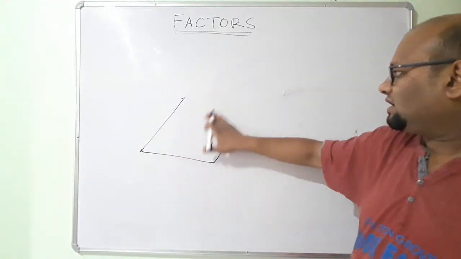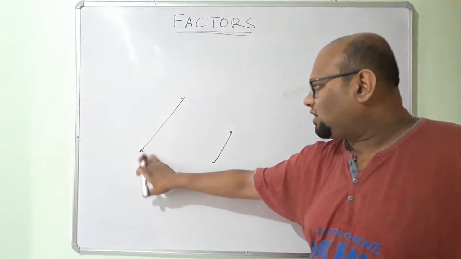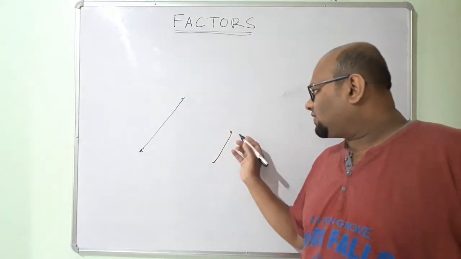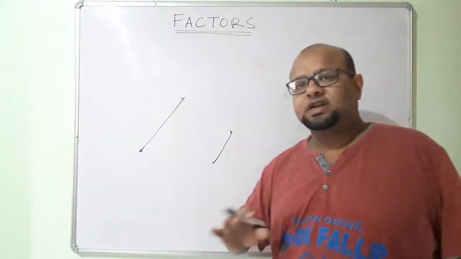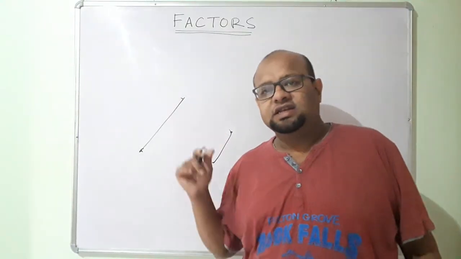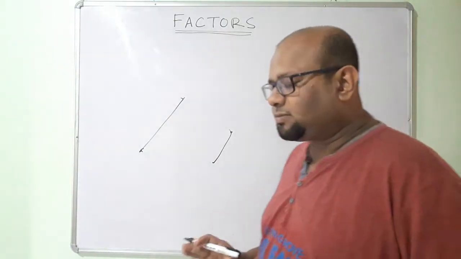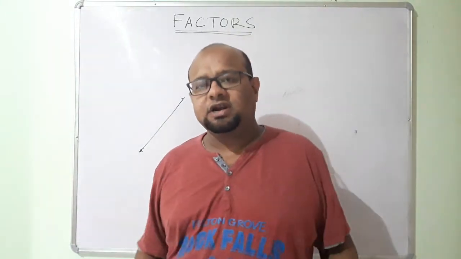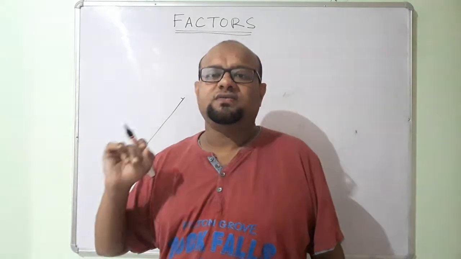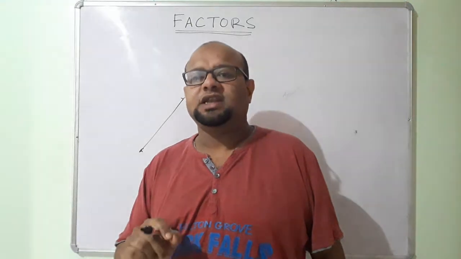Now let me delete this edge as well as this edge. Now I have another subgraph, right? This subgraph contains these four vertices that were there originally. These four vertices are still there. This is also a spanning subgraph. So basically a spanning subgraph is a subgraph that we create out of some graph, and all the original vertices of the original graph should be there in this spanning subgraph.